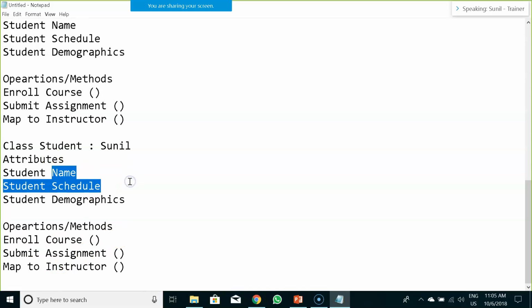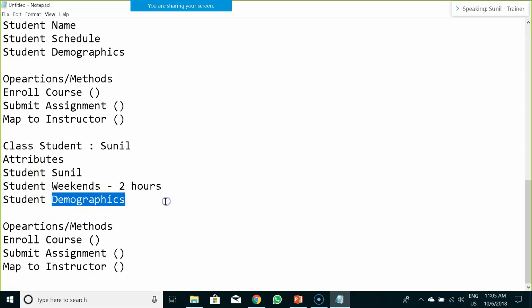For example, this is my name that I would be writing over here, the schedule, that is weekends, 2 hours, then the demographic, where I stay, I'm from India, and whatever detail.